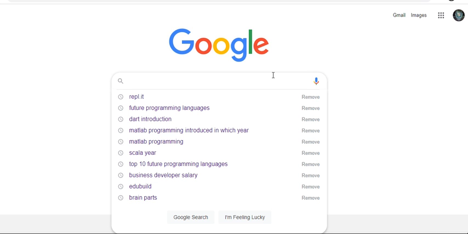Now let's look at how to perform Swift programming language. Basically, the reason why I had chosen Swift programming language is it's a pure iOS oriented programming language which is used by Apple. And most of the Apple apps are being developed with the help of this particular Swift programming language.